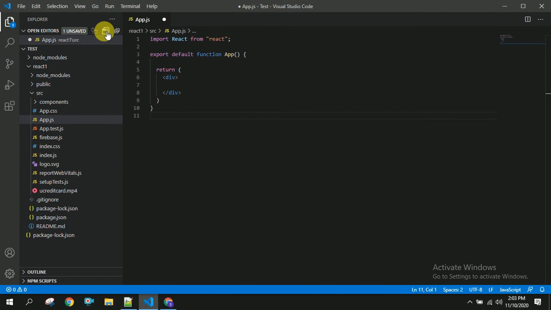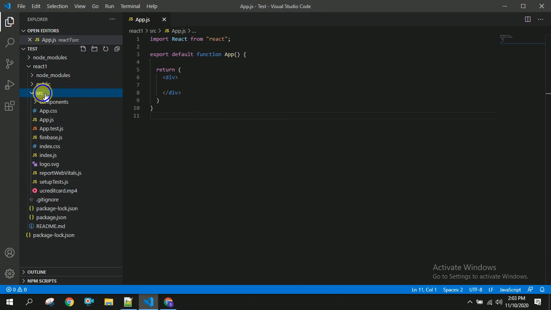First thing is we will be having two types of exports. One is default export and another is named export. So when will we be using default and when will we be using named exports? The difference is, when you want to export only a single thing, then you will be using default export. And if you have a requirement to export multiple things or multiple content, then you have to use named exports. So let's see how to code that practically.